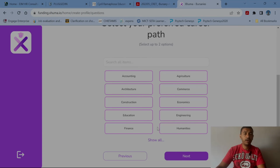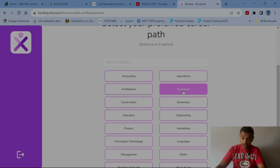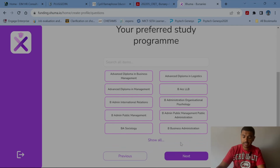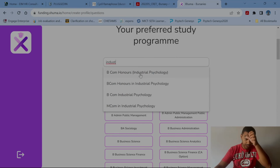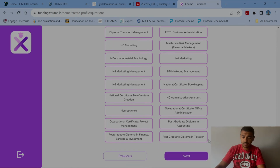Then my path of studies, as you can see, I am doing commerce, so I'll say commerce, show all. So it is commerce, and then I'm going to say commerce to make sure, next. Then I can show all, or I can go in the search bar and say industrial psychology, BCom honors, and then I just click on that one, and then I should be able to go